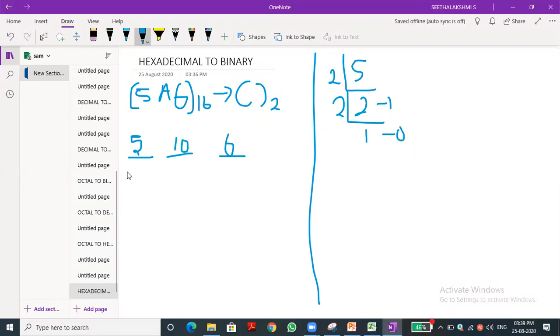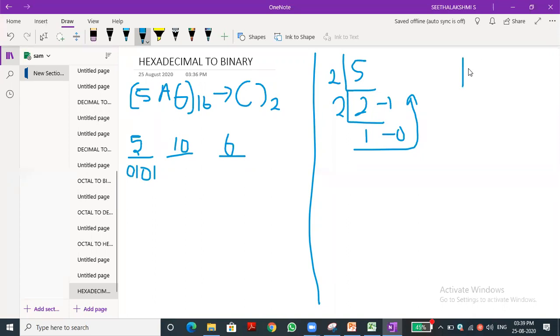101. Okay. So it is hexadecimal, so we need to group by 4. Always we need to take this number from bottom to top. So we need to add 0. If you are adding 0, there is no effect. Anyhow, we have to add it as per the procedure. Now we need to convert 10.